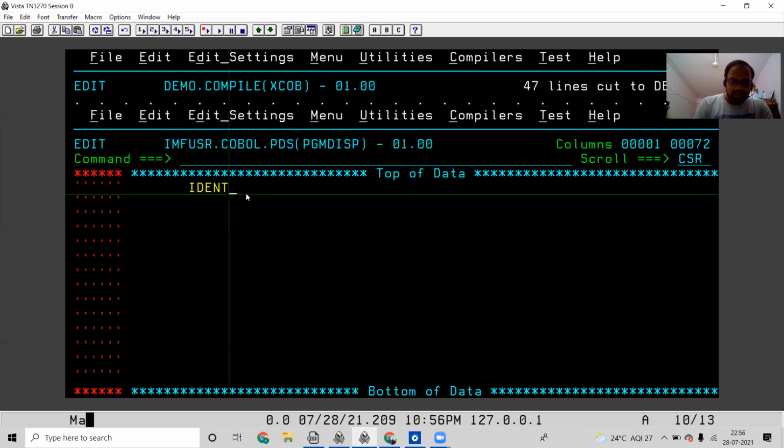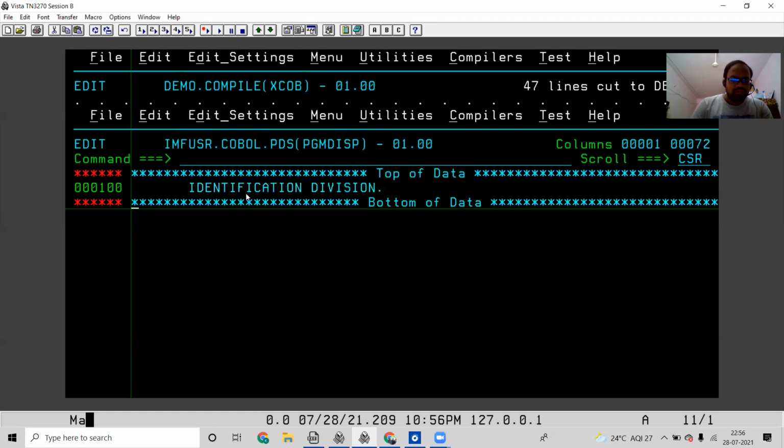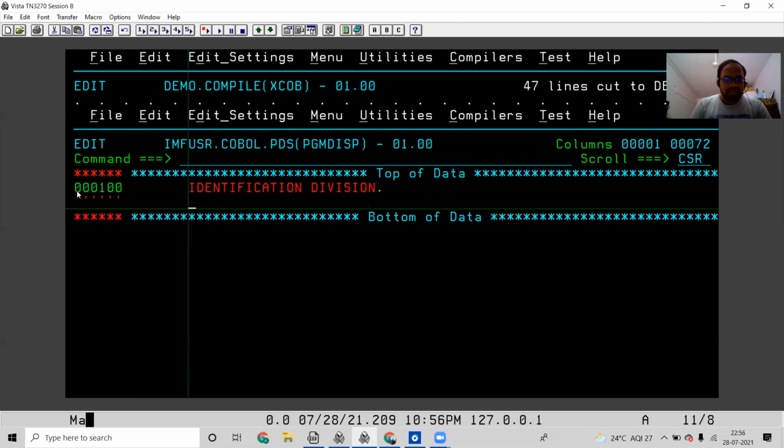So here what I'll be doing is entering the identification division. I COBOL. And there I'm going to type program ID. And now I will be giving display.